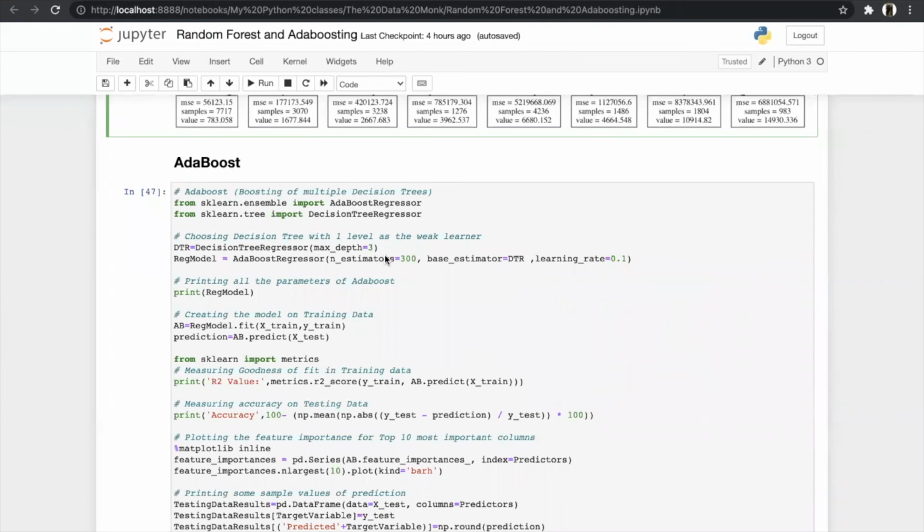As you already know, in DecisionTreeRegressor we need two hyperparameters. First is max depth and second is criterion. But criterion is not necessary as it is by default MSE. For max depth, we have assigned the value equal to 3. And for AdaBoostRegressor, we need three hyperparameters, which are n_estimators, base_estimator, and learning_rate. We already know about n_estimators. The base estimator just tells in which way we will boost the algorithm. Here we have to boost the decision tree, so we have assigned the DecisionTreeRegressor as the base estimator.